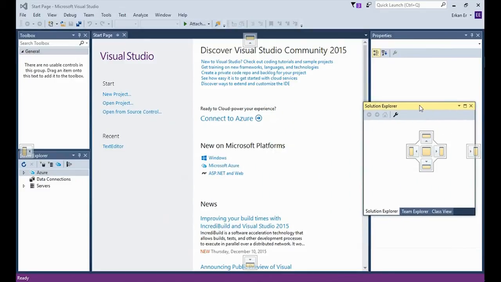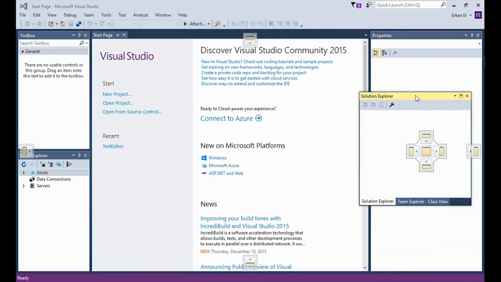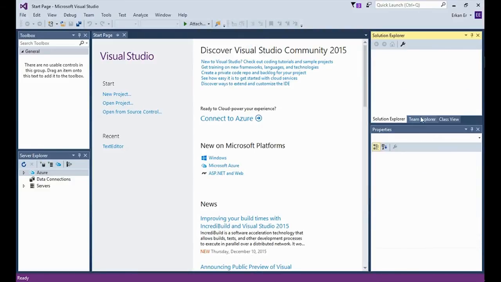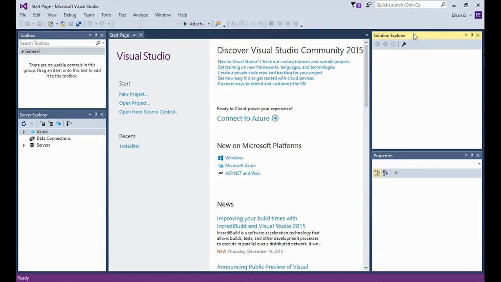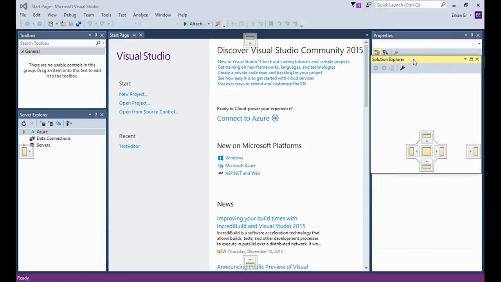I will illustrate how the visualizer works in the right frame. However, all the visualizers in other sections of the workspace work the same way. Currently, in the right frame, I have Solution Explorer at the top half and the Properties window at the bottom half of the frame. I can reposition the Solution Explorer within the right frame using the visualizer.